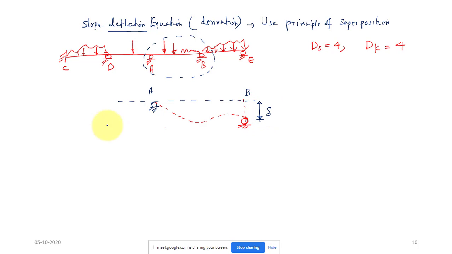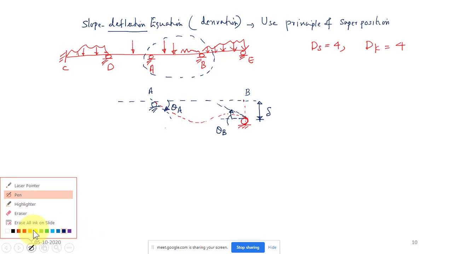And in this figure, what deformation can you see? You can also see that at support A there is some rotation. Similarly, at support B in the deformed shape, we also have some rotation. How do we draw the rotation? Draw the tangent at that point on the elastic curve, which is the deformed shape. Draw the horizontal, and you start from the horizontal and go to the tangent. We have some clockwise rotation corresponding to this deformed shape. This rotation I am taking as theta B. Let me complete, then I will explain.